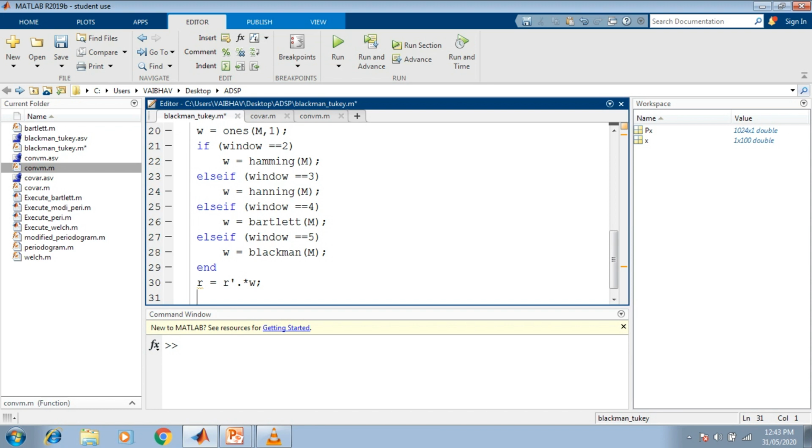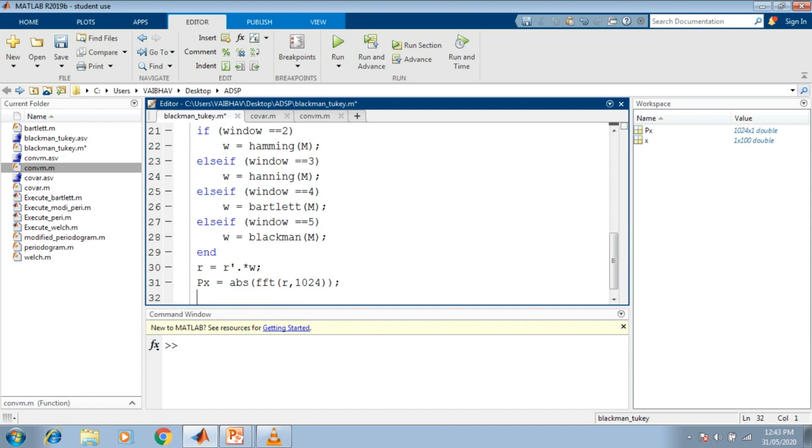So we obtain capital P small x to hold this power spectral density estimate, obtained as the absolute of the Fourier transformation, where we use the FFT syntax for fast computation, and as input we provide the matrix small r comma 1024 for this FFT computation.